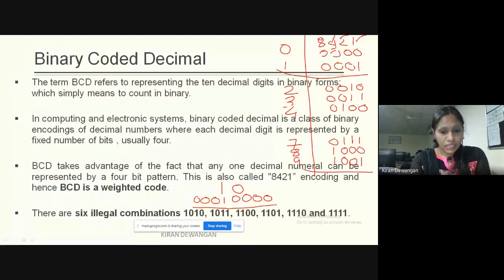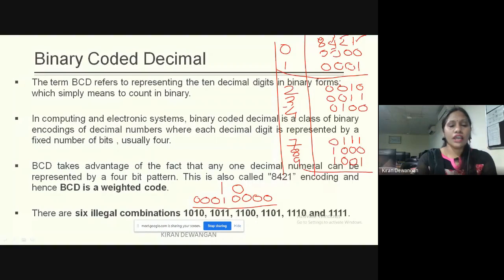Just don't get confused between binary and BCD. It is a code. It's not binary. Binary representation नहीं है. We are representing only 10 values in 4 bits. वो सारे जो आपके 0 से 9 तक रहते हैं वो पूरे आपके 4 बिट रिप्रेजेंटेड रहते हैं. इंडिविजुअली हर एक नंबर, हर एक इंडिविजुअल डिजिट वो आपका 4 बिट में रिप्रेजेंटेड रहेगा.